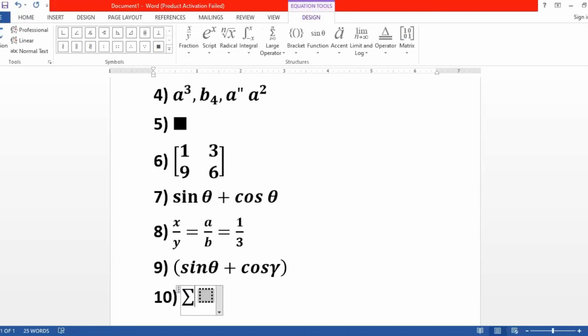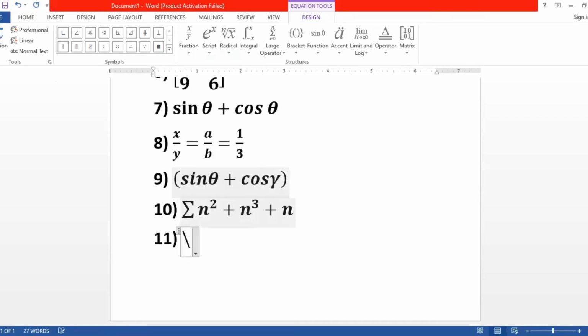Now we require also in maths summation and equation. So after summation we again press the space button, so we get an empty box. In that box we type the term which is required inside the summation. See here, n^3, that is n cube plus n. So this is the summation of the term. Now next we also require some, just like for all. So we can take /forall, so we get the for all symbol, then /therefore, so we get the therefore symbol.